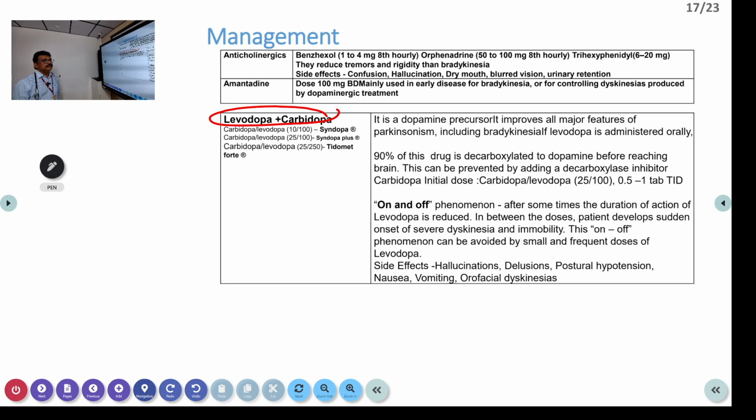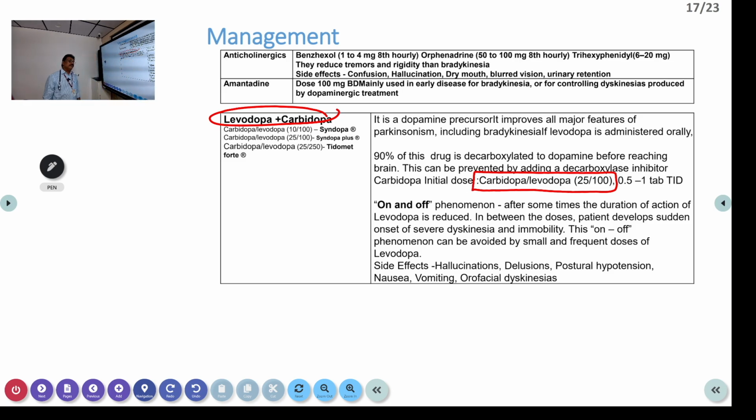if levodopa is administered orally, 90% of the drug is decarboxylated to dopamine before reaching the brain. This can be prevented by adding a decarboxylase inhibitor, that is carbidopa. So normally we give the levodopa carbidopa combination, that is 250/25 combination,